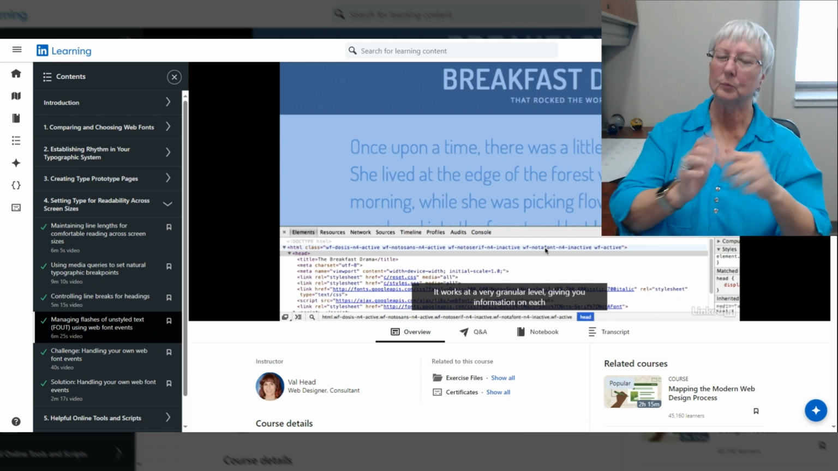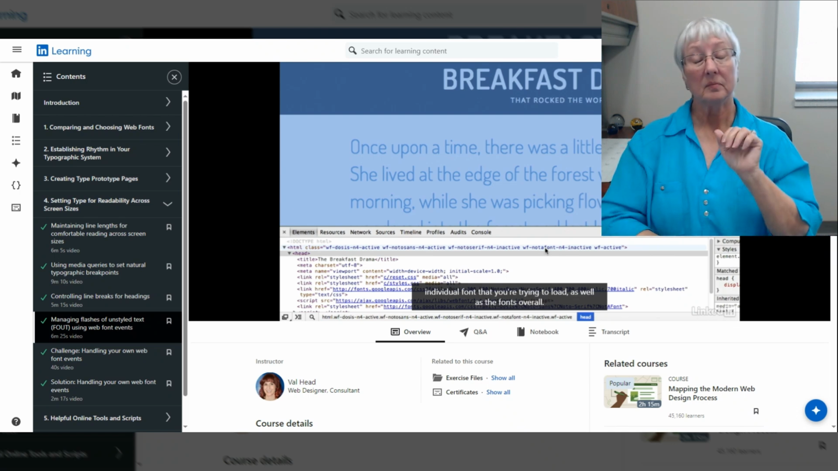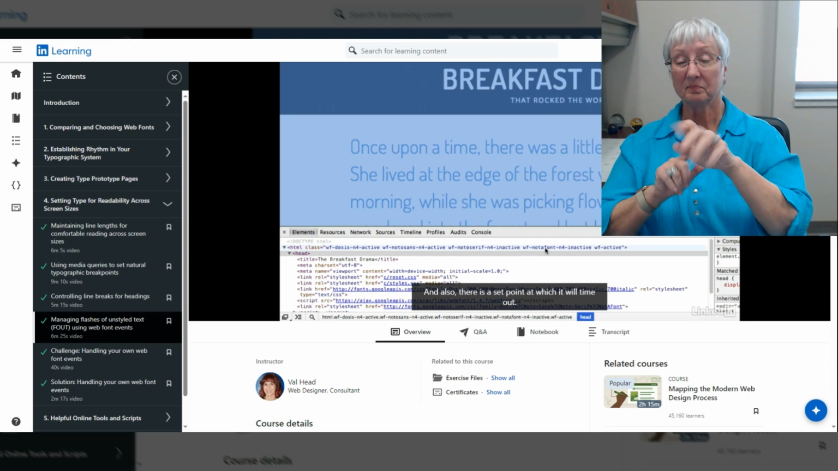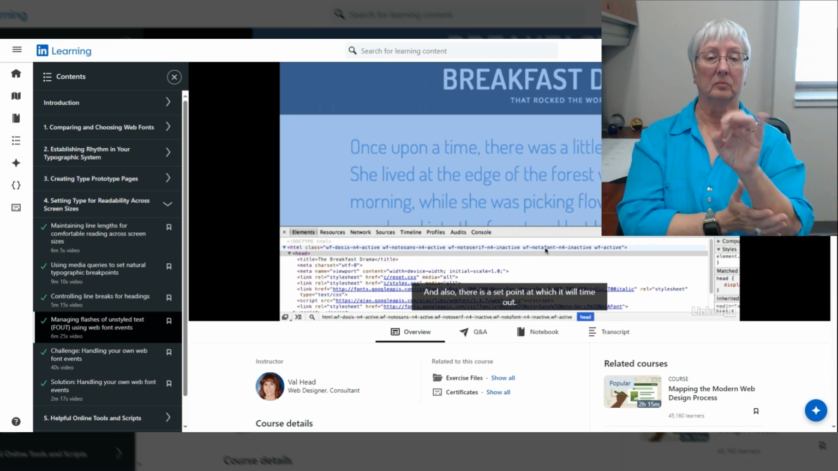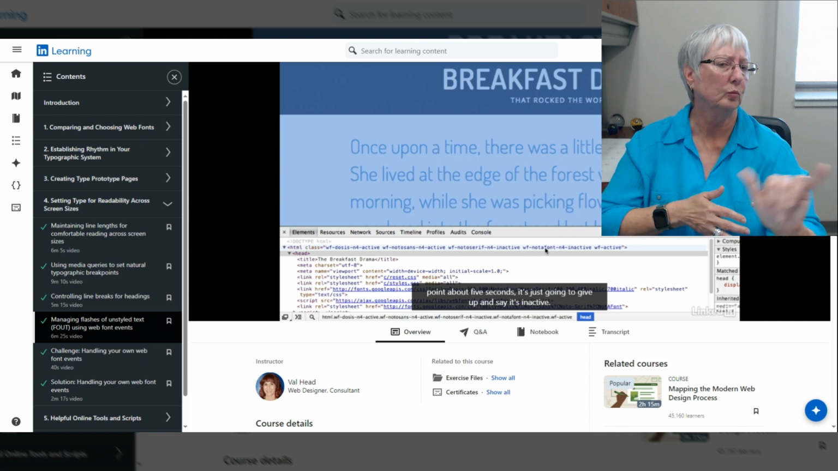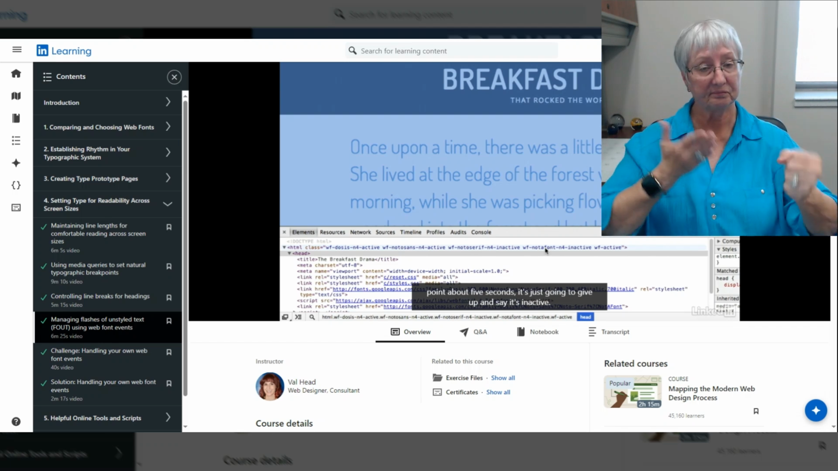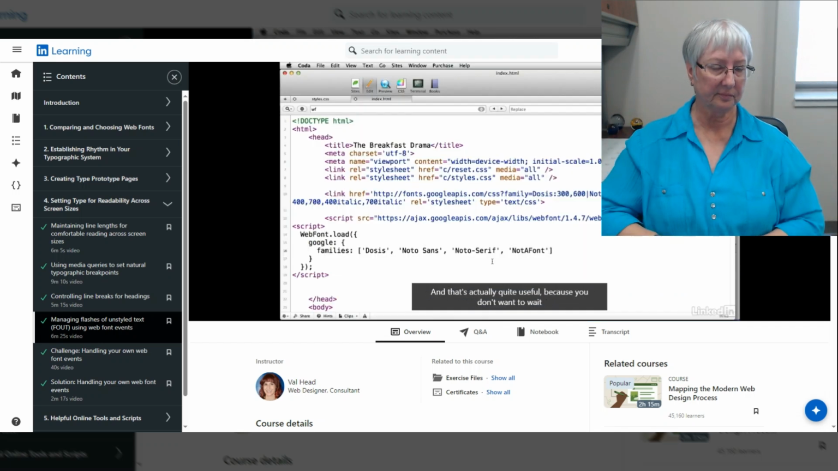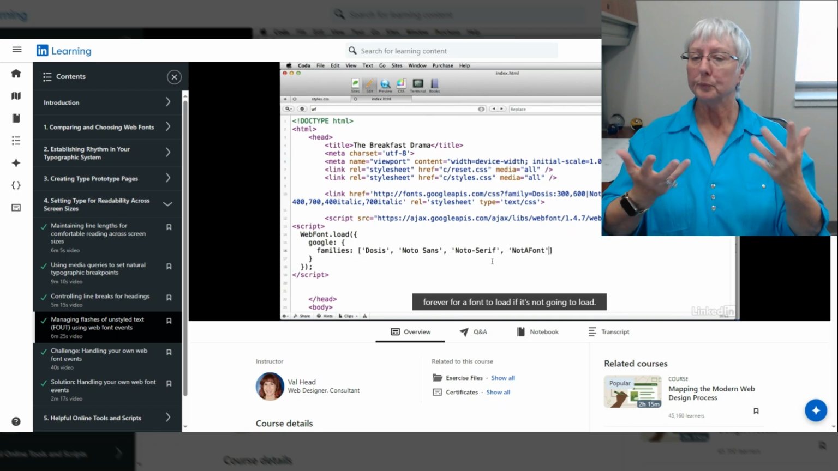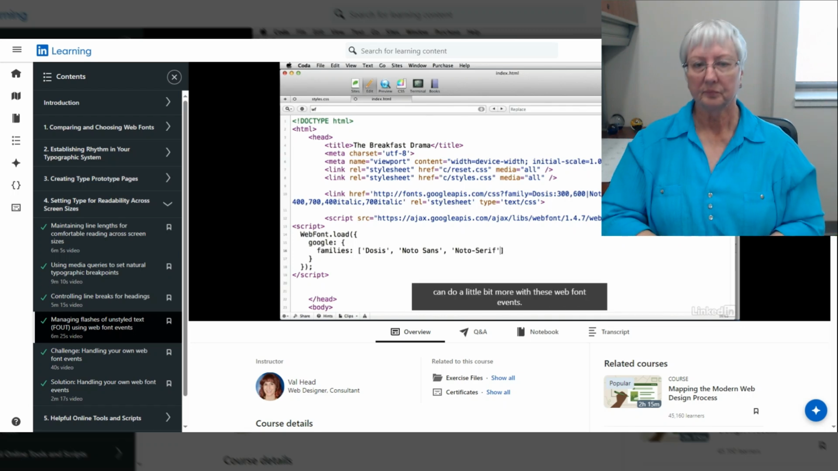So that gives you a feel for how the web font loader works. It works at a very granular level, giving you information on each individual font that you're trying to load, as well as the fonts overall. And also, there is a set point at which it will time out. If it can't find your font after a certain amount of time, at this point about 5 seconds, it's just going to give up and say it's inactive. And that's actually quite useful because you don't want to wait forever for a font to load if it's not going to load. I'll take out our fake demonstration font, and now we can do a little bit more with